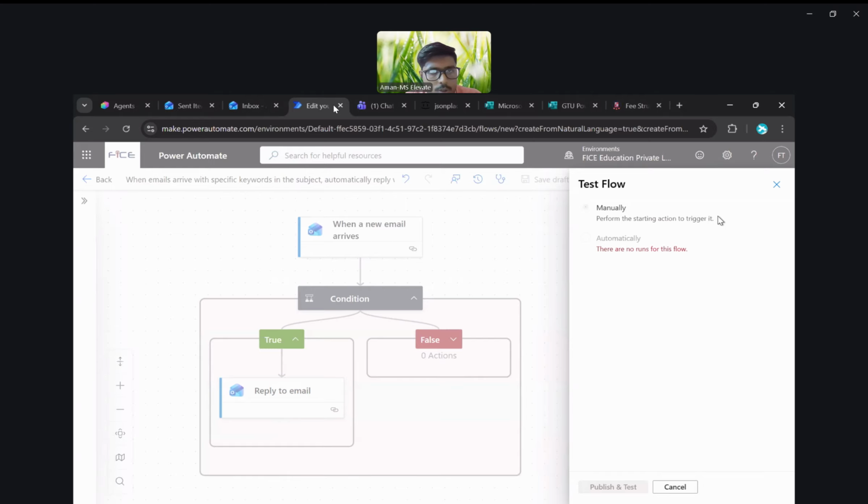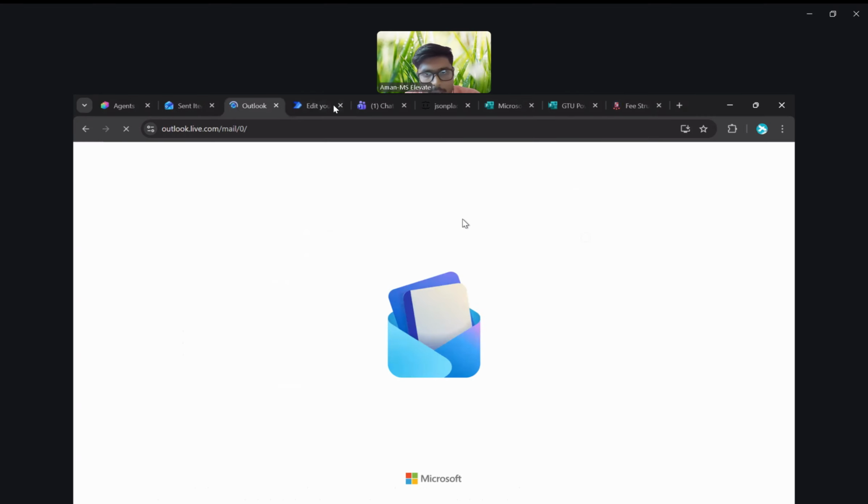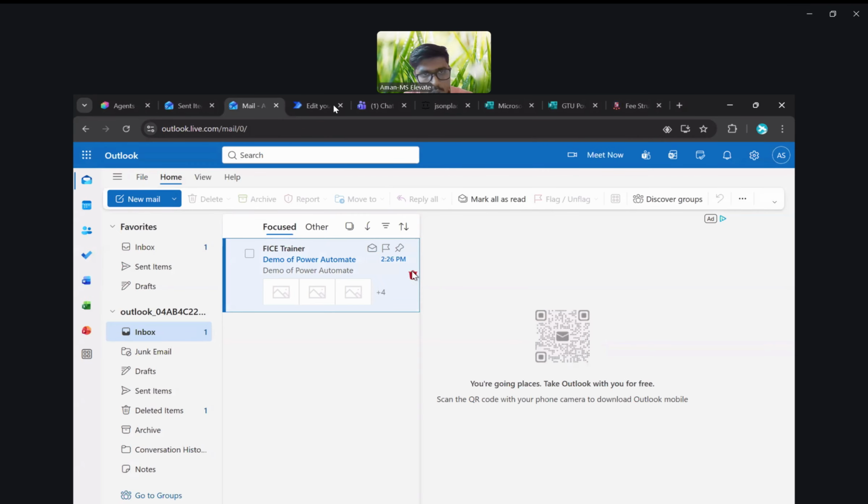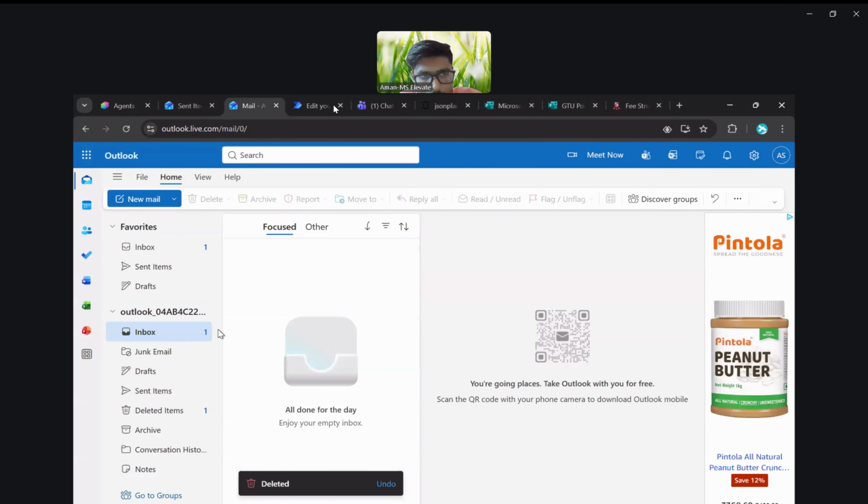Okay, chalo. So right now let me send a mail. Suppose let me just delete this. Now what is my expectation? My expectation is that as soon as